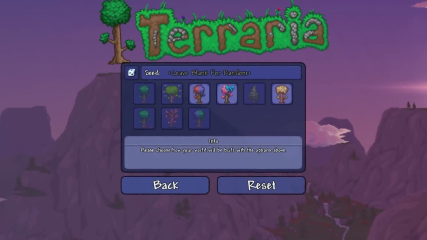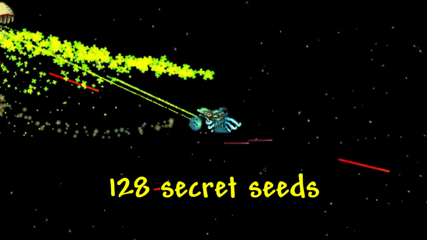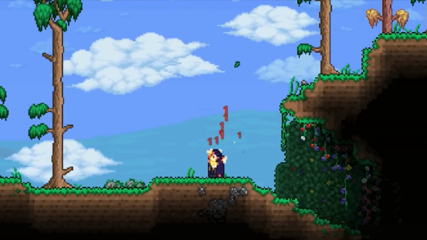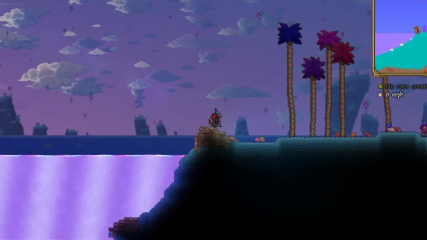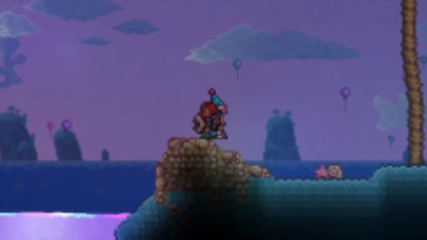that we want, allowing us to have over 128 different possible seed combinations, including some combinations that will make entirely new secret seeds, like the vampire one, where you can't go out in the sun, the skyblock one, and this shimmer ocean one, which the creator of Terraria already released as a custom map you can download and play now, but I'll talk about that later on in